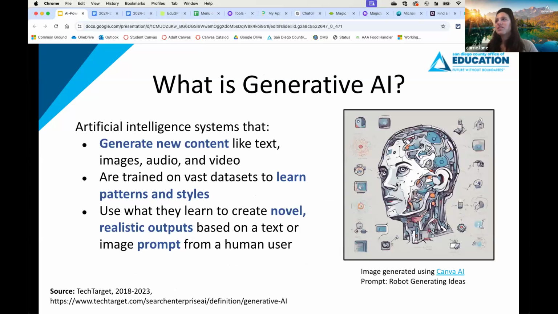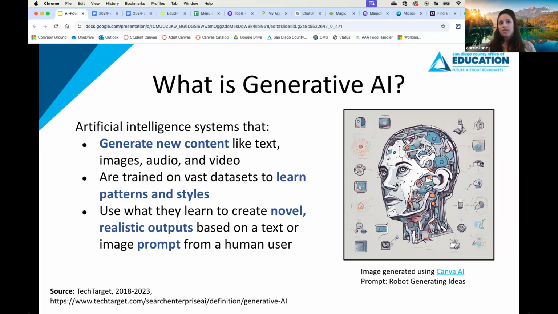All right, so some of you mentioned that you have experience with AI, and many of you, even if you don't think you have, probably have used AI in the past or seen AI in the past in the form of predictive AI, where it looks at your patterns. For example, if you use Netflix and you notice that it recommends movies for you, the reason it does that is because it looks at your preferences and it looks at patterns and it recommends based on patterns. And so there are a lot of tools we use in education that use pattern-based or predictive AI.